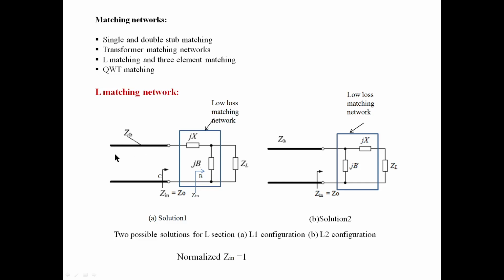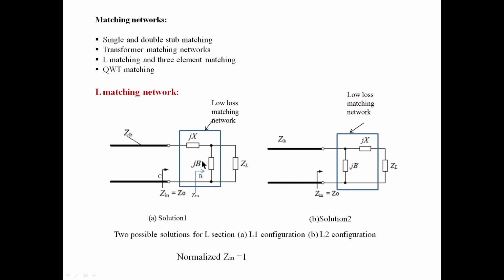So what happens is, whenever the wave comes like this, between these two terminals there is an impedance equal to Z naught. So automatically our normalized impedance is 1. Whenever the impedance between these two terminals is 1, or equal to Z naught, the wave delivers maximum power to this network. Assuming this is lossless and this is lossless, that means there is no dissipation of power over this and this. Maximum power will be delivered to this load ZL. That is the idea behind this matching network. Because of this shape, it is called an L matching network.